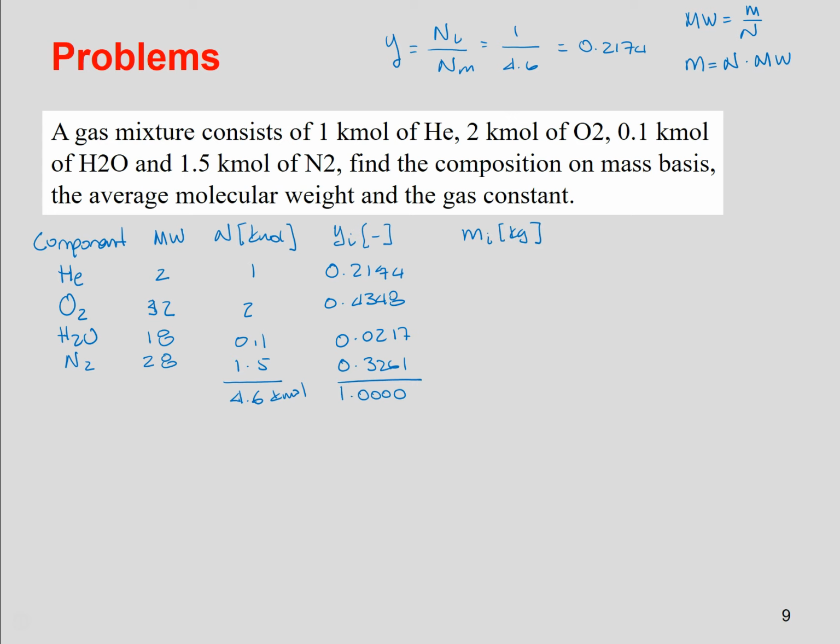The first one, we have 1 mole times 2. This is 2 kilograms. If we add all of this, we're going to have 111.8 kilograms. This number is the total mass of the mixture. So we can get the molecular weight of the mixture as